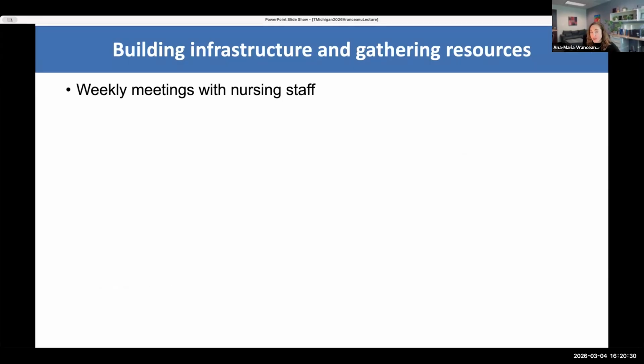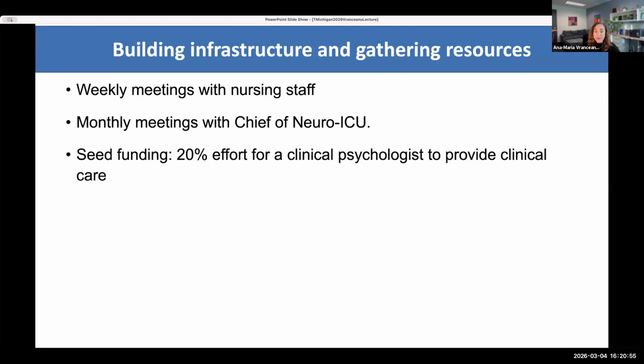At some point, we started a mindfulness group to decrease stress in nurses, even though we didn't have funding for this. But also, I started to learn about them as people, learn about their kids and their struggles, and really develop a genuine friendship. I started to attend huddles and rounds, and scheduled weekly meetings to discuss clinical cases,